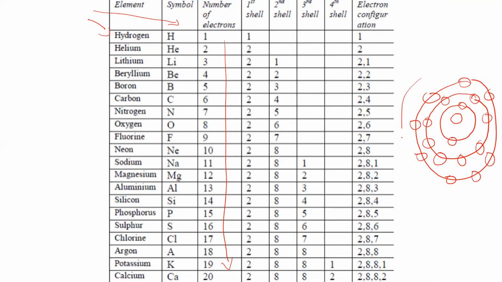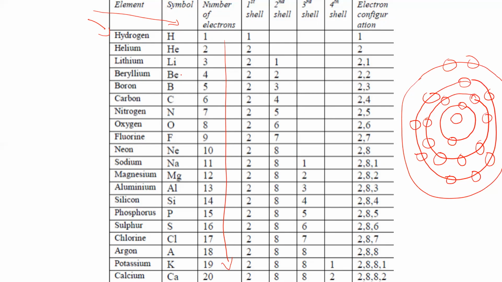And then again, opening another shell for 8, and so on. We will be continuing. If you see, they have already reached 20 elements, 20 electrons here in this line. Now, hydrogen has 1 electron, and therefore it has only 1 electron in its shell. Helium has 2 electrons, so it had 2 electrons in its first shell. However, its first shell, or stomach, is full, as a result of which it will move to the next stomach,